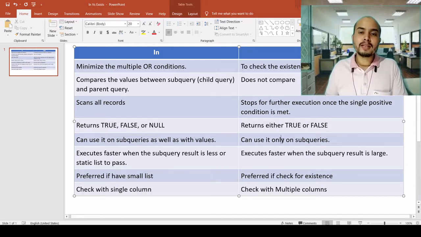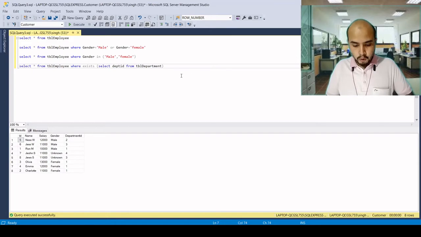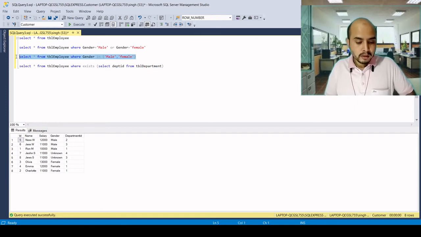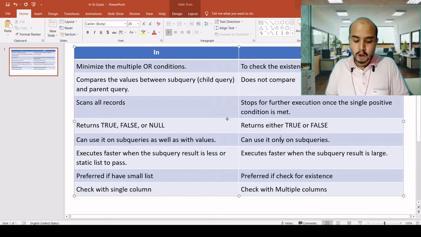We cannot use it in a normal where clause. Here you can see that in EXISTS I have written a subquery, and in gender we have written a simple query where we have applied the where clause only. That is also a difference between IN and EXISTS.